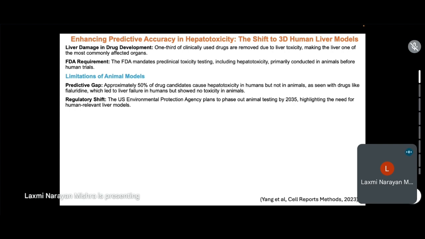Approximately 50% of drug candidates cause hepatotoxicity in humans, but not in animals. They are all fine in the preclinical testing stage, but out of those which have passed, 50% of the drug candidates cause hepatotoxicity. Liver toxicity is reported in humans, as seen with drugs like